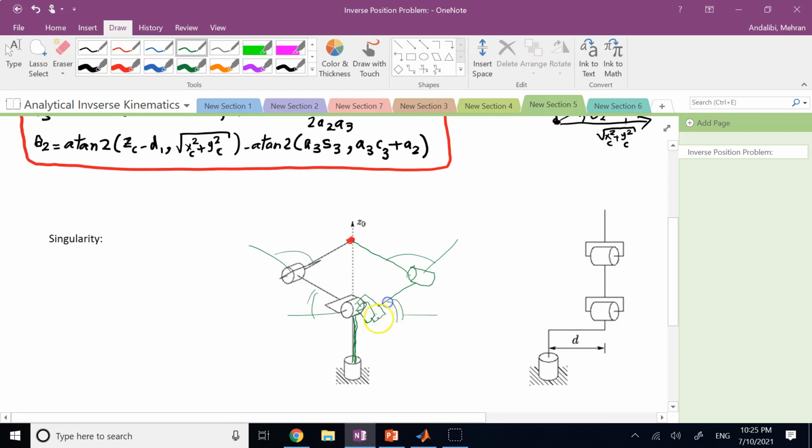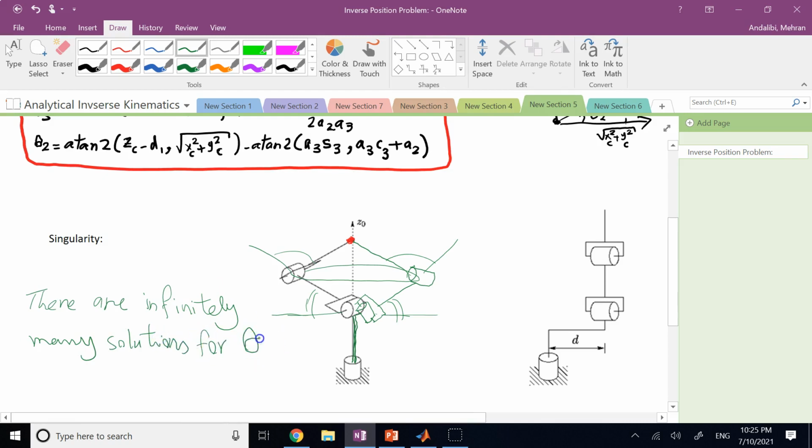As you can see, it doesn't matter what theta 1 is, you can go all around, and here this goes around the circle, and all of them will reach that point. So if this happens, means there are what? There are infinitely many solutions